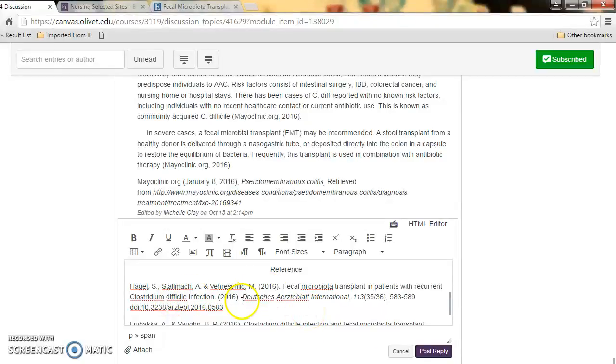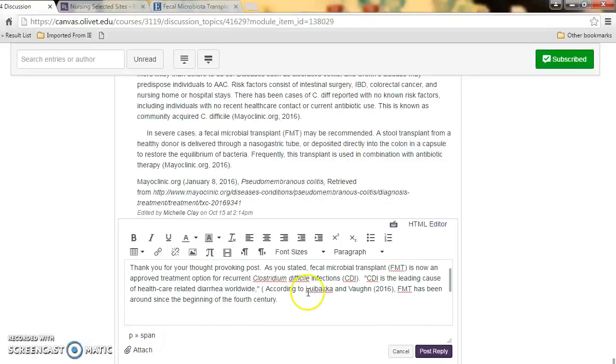And there we go, but we already have the year in, so we can take that out and just put the journal name here. This looks correct. It has the volume and the issues, the page numbers, and the DOI. So we're set there. Now I just have to go back here and type in the names of the authors for my citation, which are Hagel,